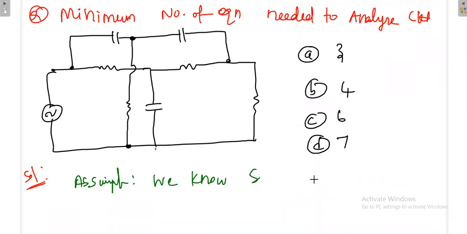Yes, anybody, what is the idea? How many equations do we need? 3, 4, 6, 7. 3, sir. How are you telling that? What is the general procedure? Nodal analysis. The total number of nodal equations is equal to n minus 1. Are you getting the answer directly from that formula? That means how many nodes are there? I think 5 nodes are there here.